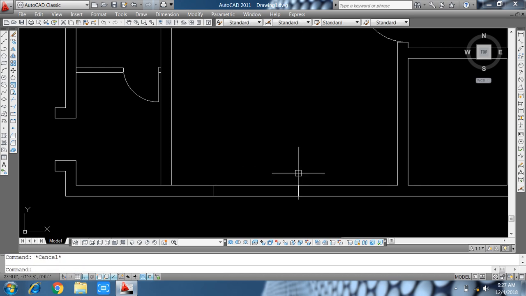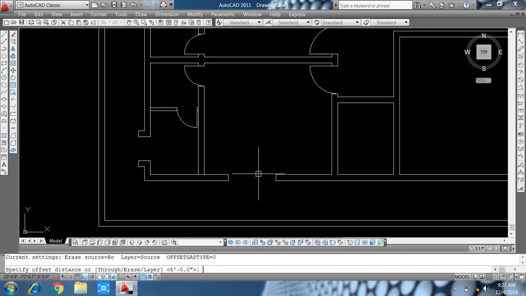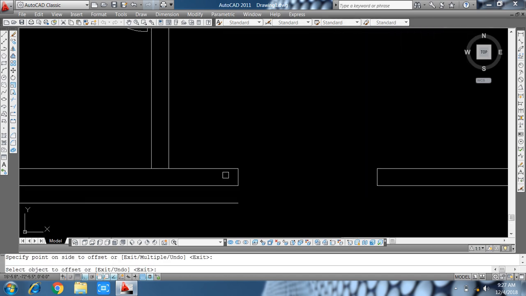So we make here, and now make a ventilator here, 1 feet 6 inch, trimmed it,